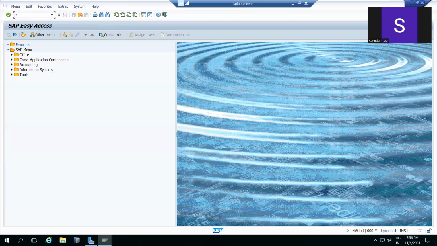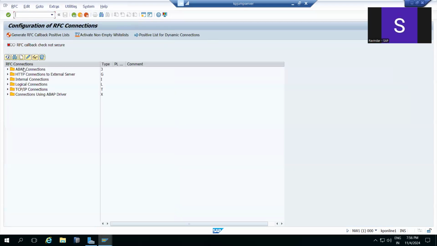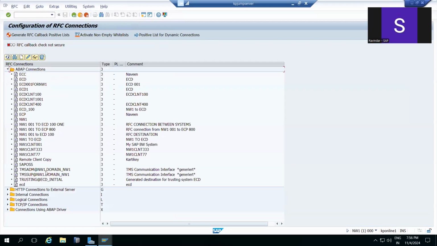Then in SM59 RFC destinations, you can see TMS ADM and TMS SUP. With the system name, for each system, two RFC destinations will be created.